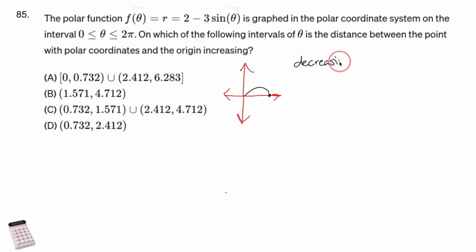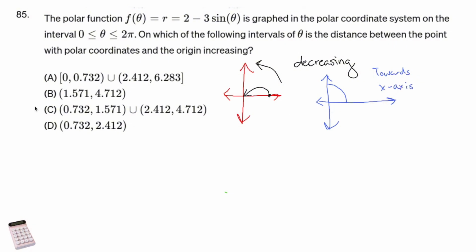What that looks like, as you move counterclockwise, this curls in, you're decreasing. What this looks like on the rectangular system is you start up here and you work your way down, as you move towards the x-axis,